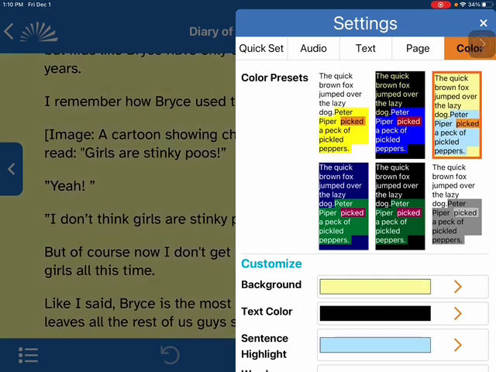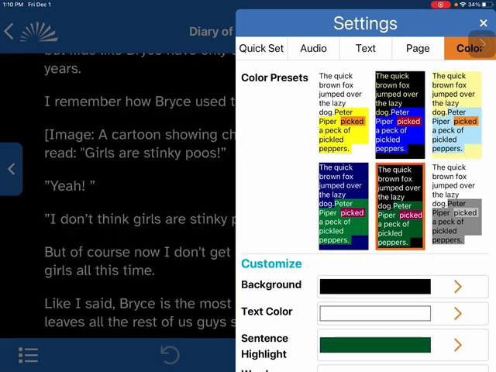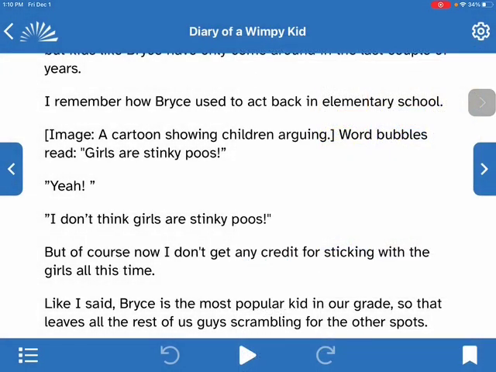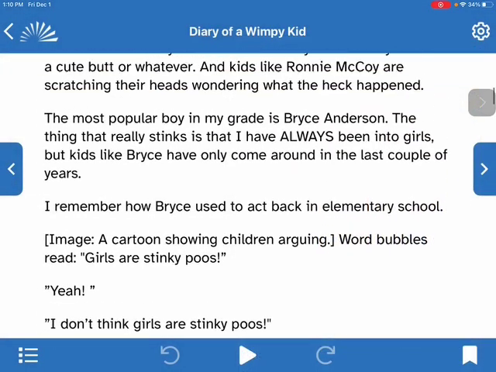So just for an example, I'll choose this one, and then you can see that that's what it looks like. Some students really like that yellow background. Some students like this choice here, a very dark background, and then the white font, and then you can see the highlight colors are here. So I'm just going to choose this one, and then I'll X out of it. So now here's the book,